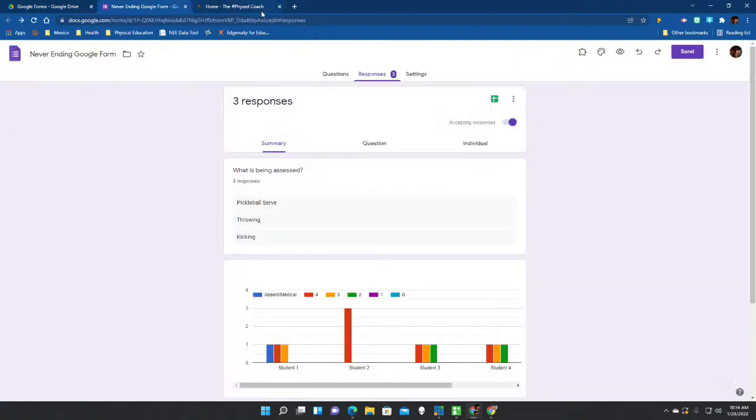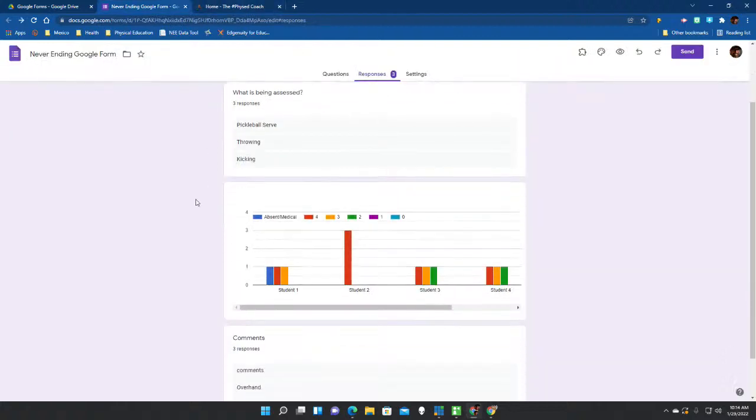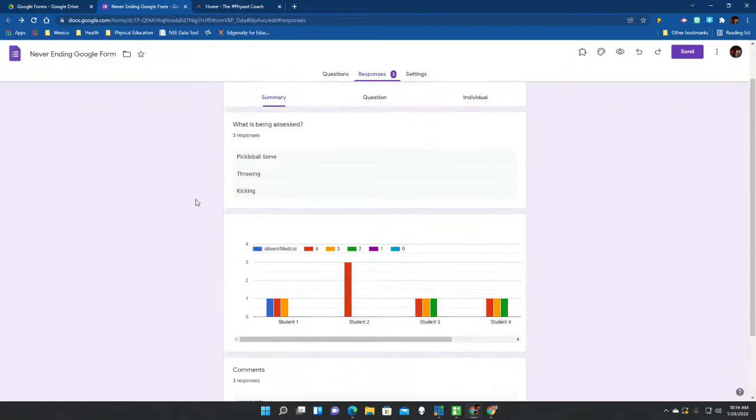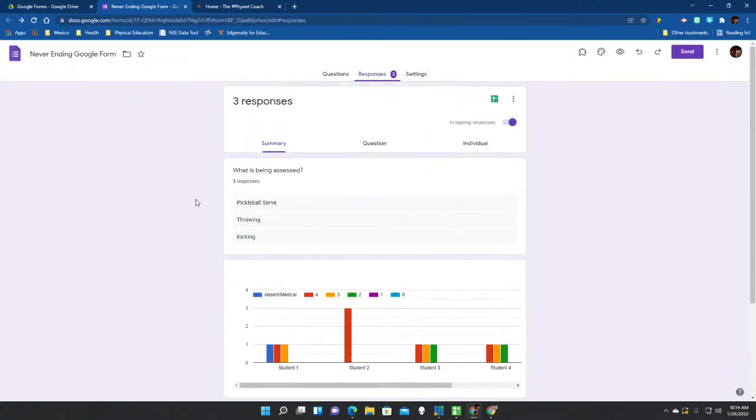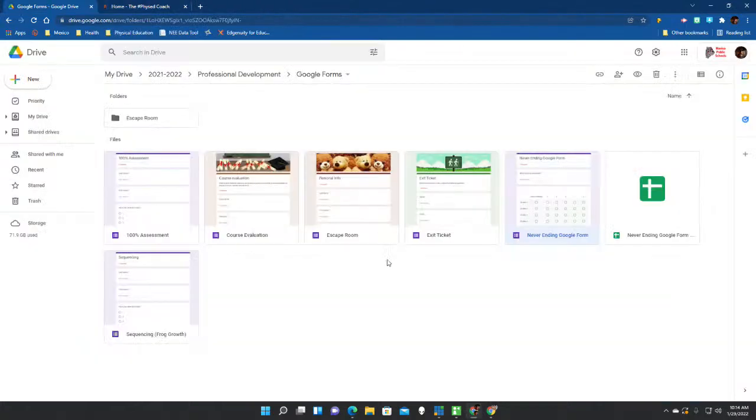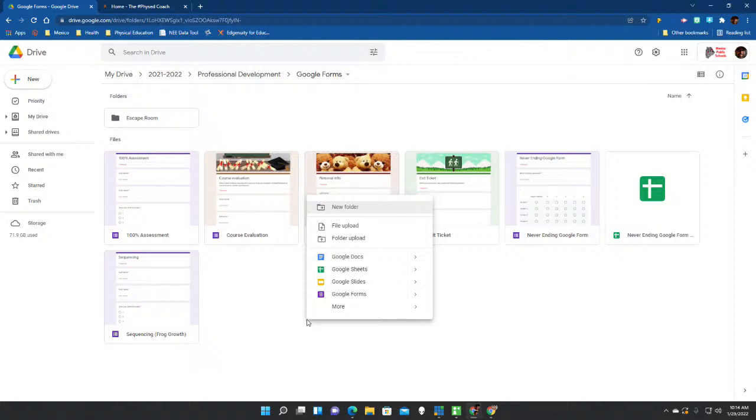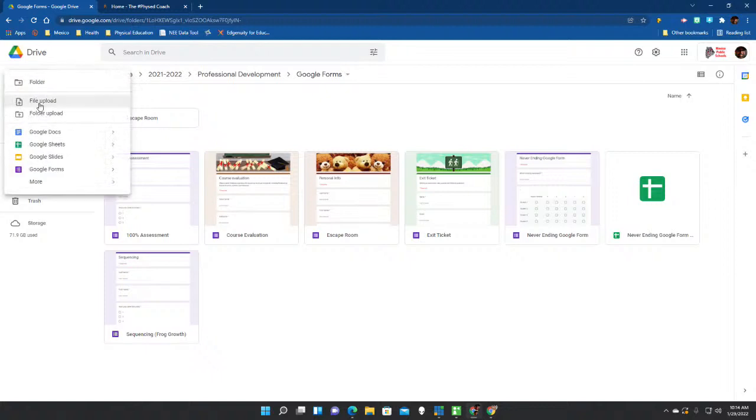Now let's go back to the form so I can show you how to build this. This is a pretty easy build. Let me just start from the beginning. I'm going to right click to make my menu come up. If I don't want to right click, I can always come over here to New, and I'm going to click on Google Forms,